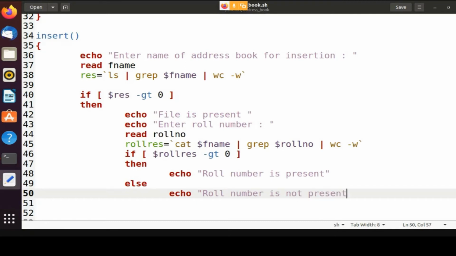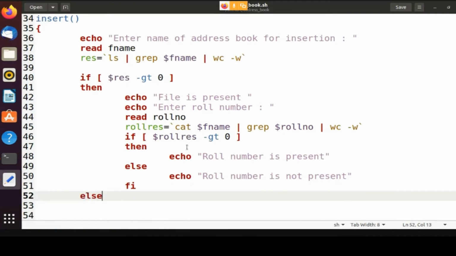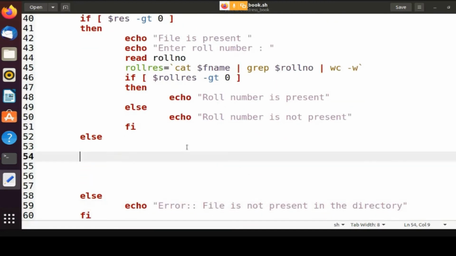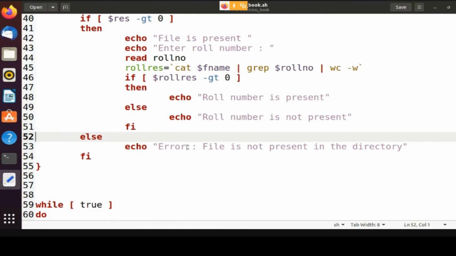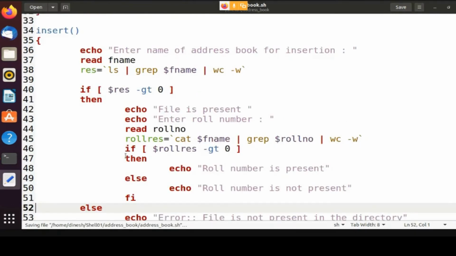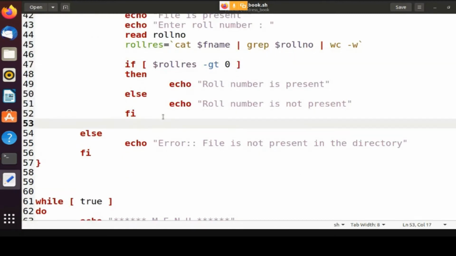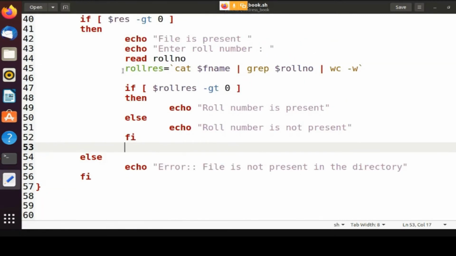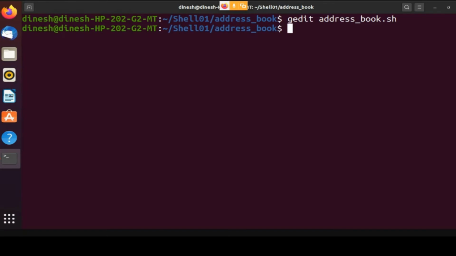I'm just not inserting anything yet. Let us just try it out. And then this else, what is else here? Oh, sorry, it is already written here, else the file is not found. So this is just for this roll number. If the roll number is found, then roll number is present. If it is not, you will use the other branch. I'll just run this again.